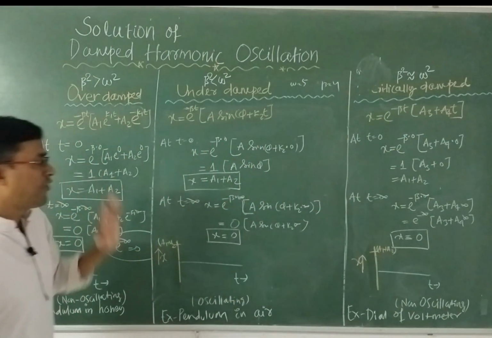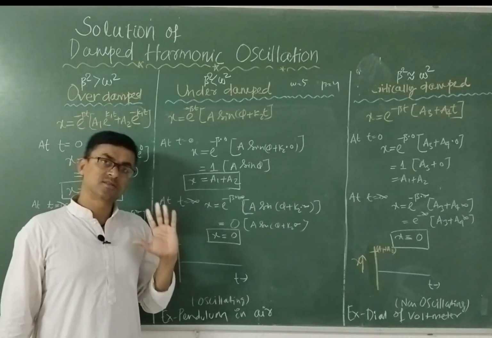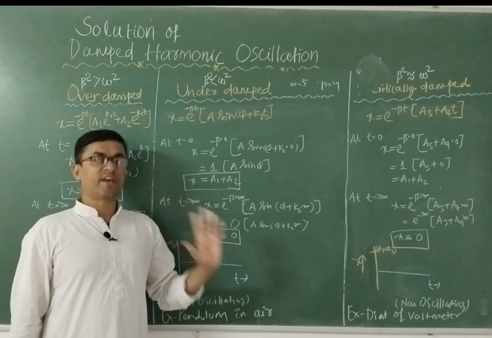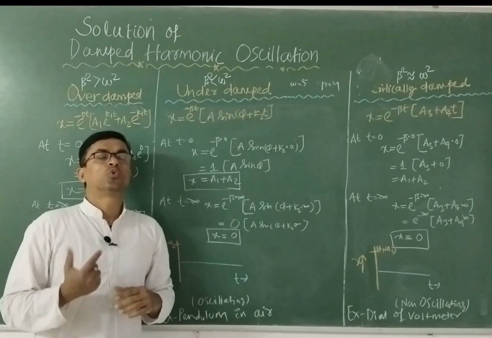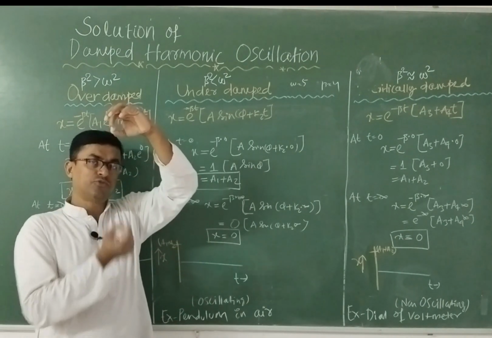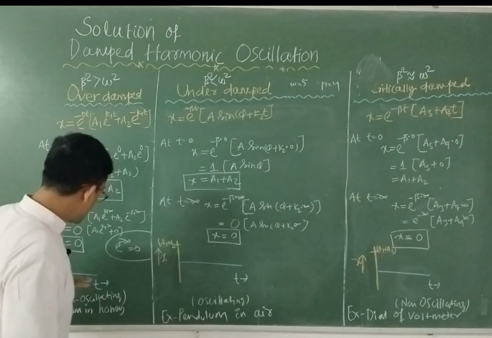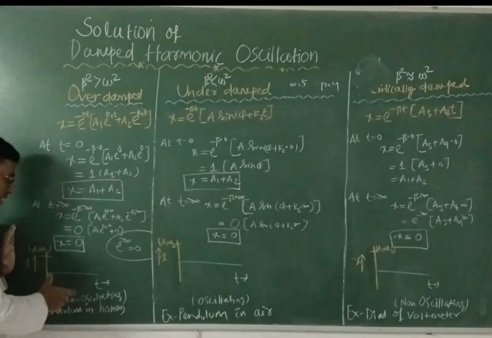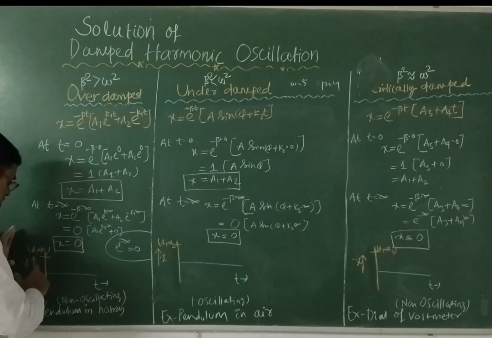So now for drawing any graph, we need the x-axis and y-axis. Here on the x-axis we have to consider time, and on the y-axis the displacement, meaning how far the mass is from the mean position during this oscillation. So I have drawn these three sets of x-axis and y-axis, one for each of these conditions. Now first come to this.